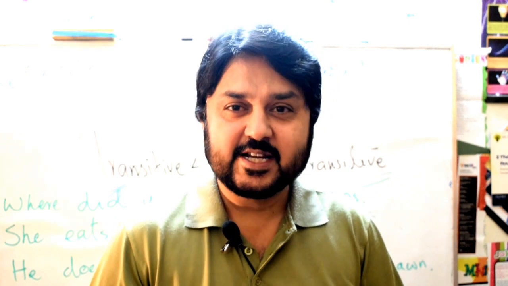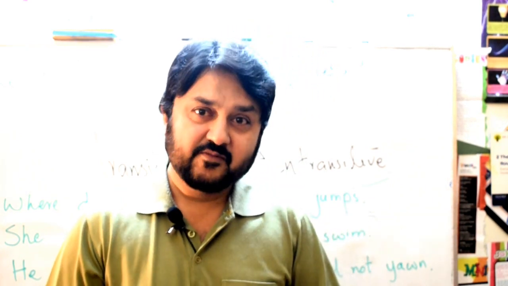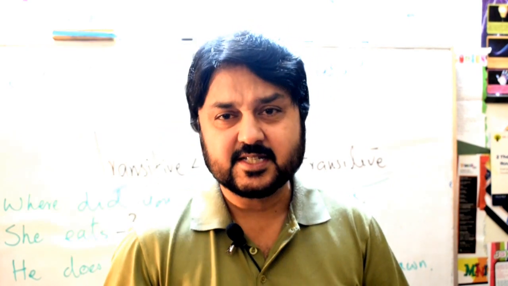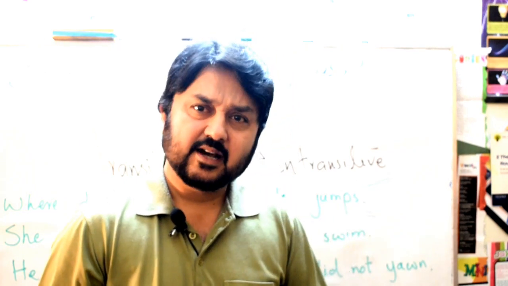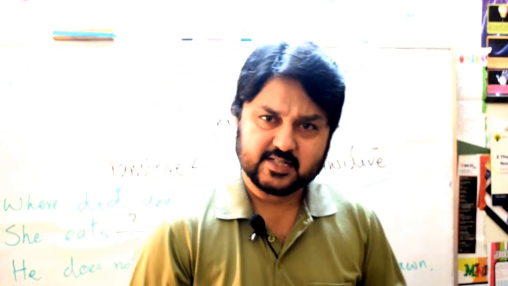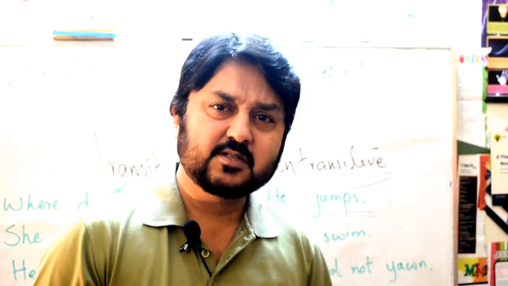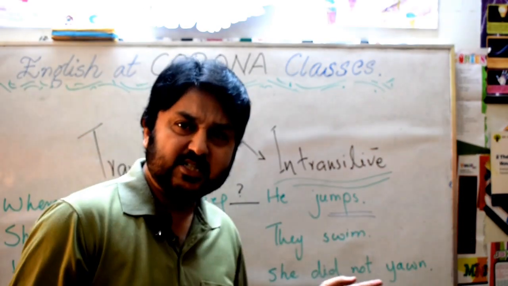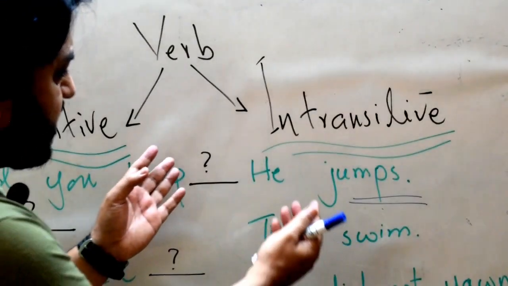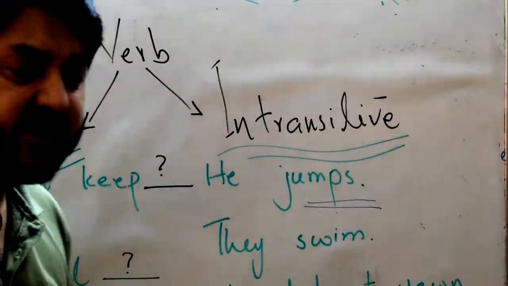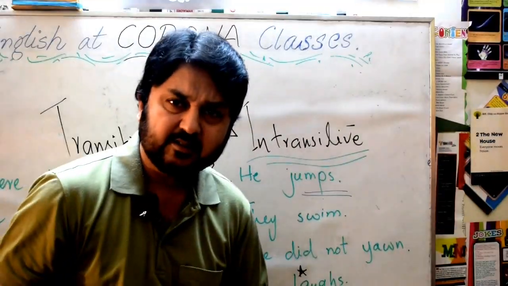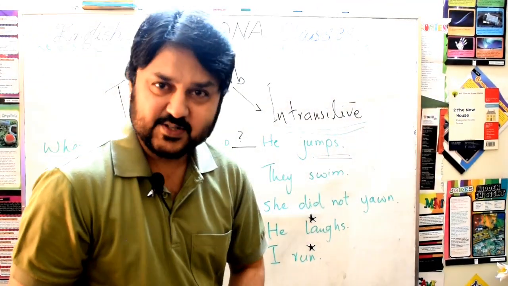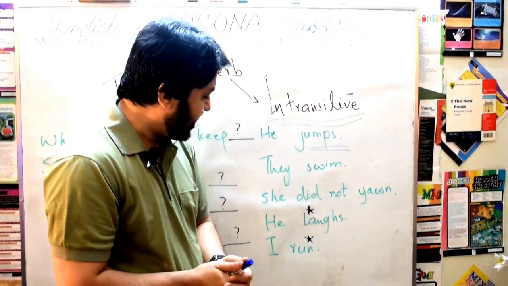Means there's no need to ask a question if the verb is intransitive because it doesn't need any answer. The answer lies with the subject itself. So when he jumps, he jumps. When he jumps, the subject itself is affected. No need to have any other receiver. Understood or not? Now come to the next